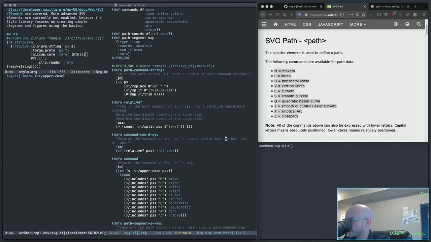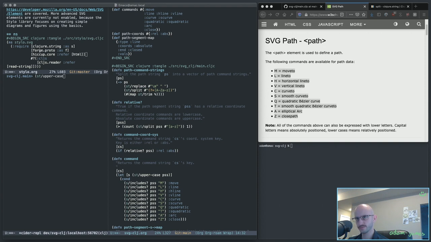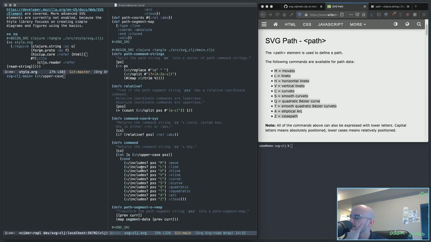This should be like this instead, actually. Key is either rel or absolute. There we go. Returns the command string CS's key. I'm going to leave that like that. Okay. Therefore,